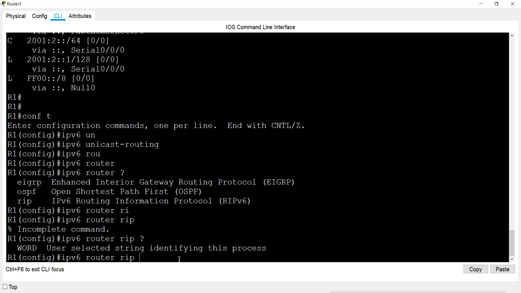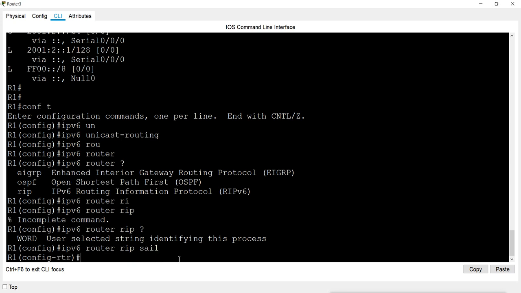So let us say I mention here site1. Now after this, you don't have to do anything. In normal RIP for IPv4, we mention the connected networks here, and then it will do routing for those networks. But instead of the connected networks, in RIPng we will introduce the interfaces themselves, the interfaces on which we want to enable RIP.